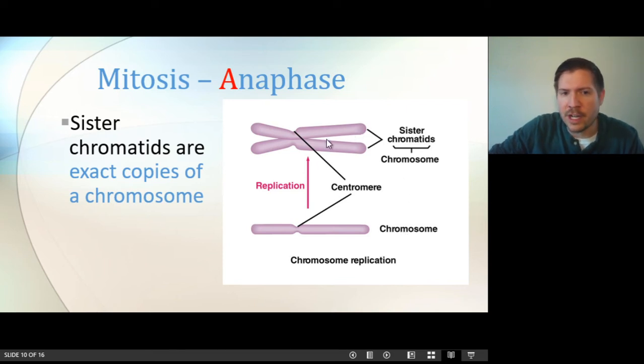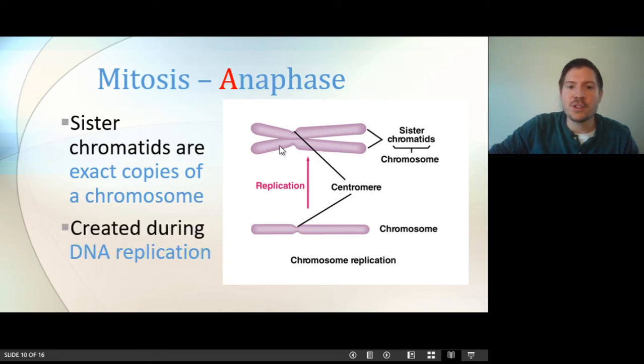This is a single-stranded chromosome, this is a double-stranded chromosome, but they're still just called chromosomes. But now 1/2 of this double-stranded chromosome is called a sister chromatid. So these are identical copies. This is identical to this, barring any mutation during replication, but generally identical copies. And these are created during replication. If you remember, that occurs during the S phase of interphase. So before mitosis has started, these have all been copied.